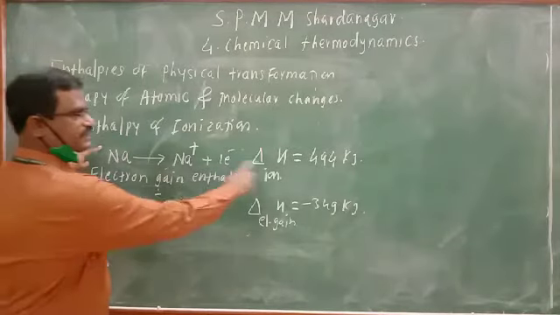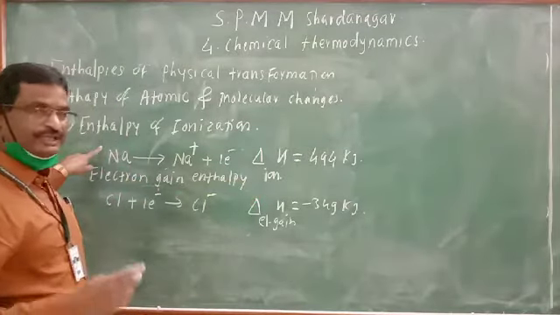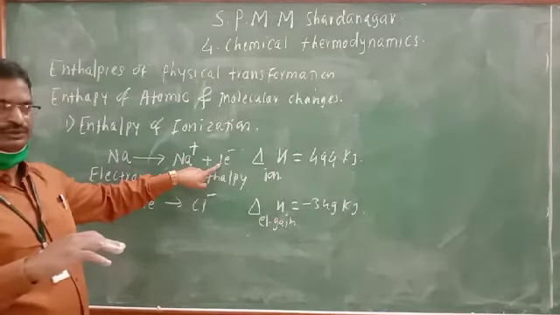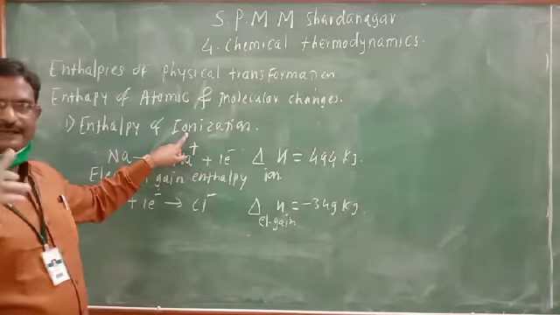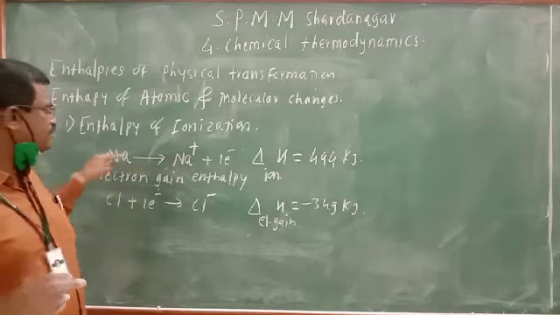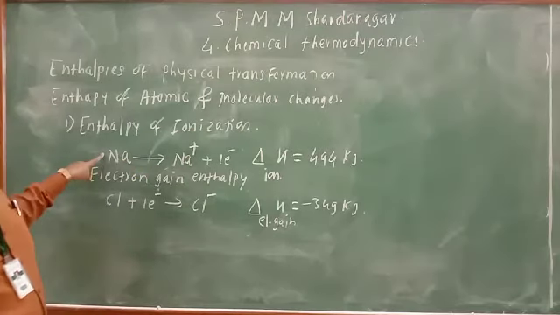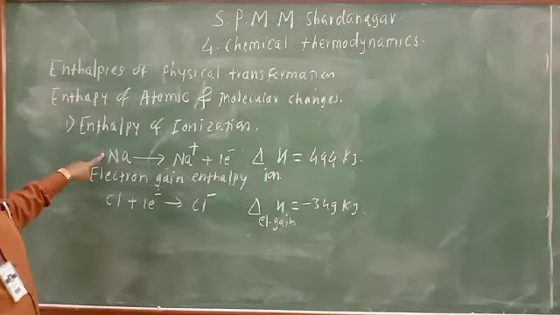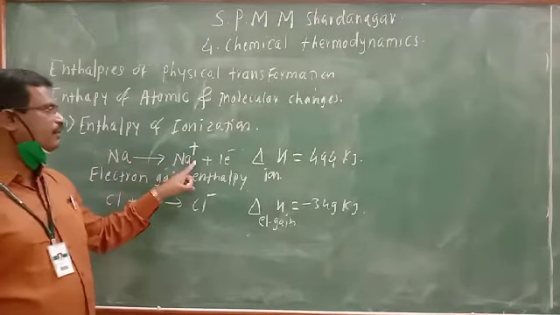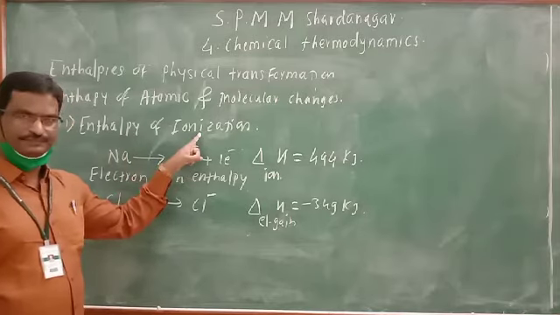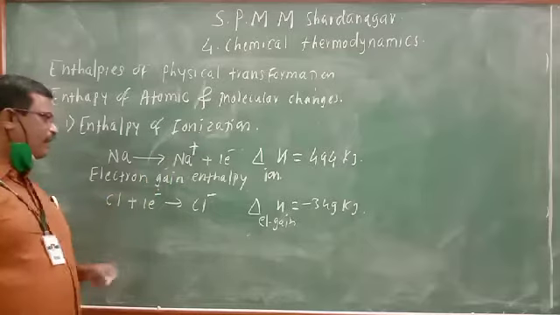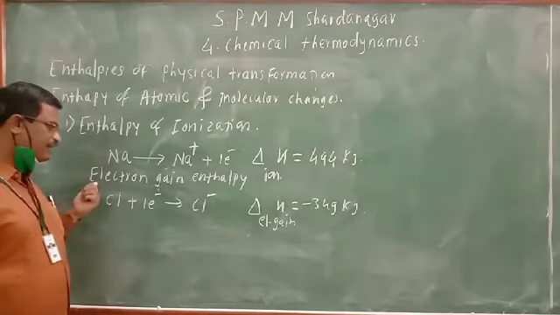Enthalpy of ionization is positive, means in order to remove the electron, heat is absorbed. So enthalpy of ionization is endothermic, positive change. Heat is absorbed, and the change in enthalpy whenever all atoms present in 1 mole atom are converted to their ion by loss of electron is known as enthalpy of ionization. Loss of electron. Opposite of that is the gain of electron, known as electron gain enthalpy.